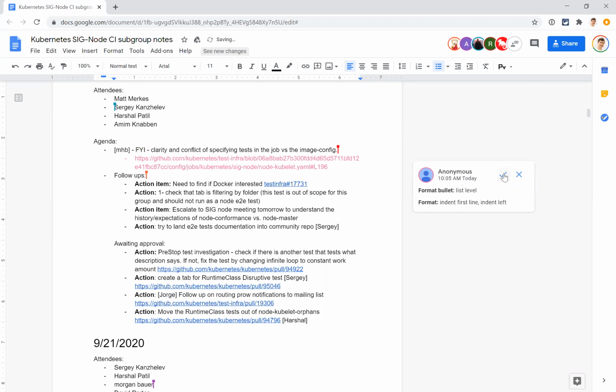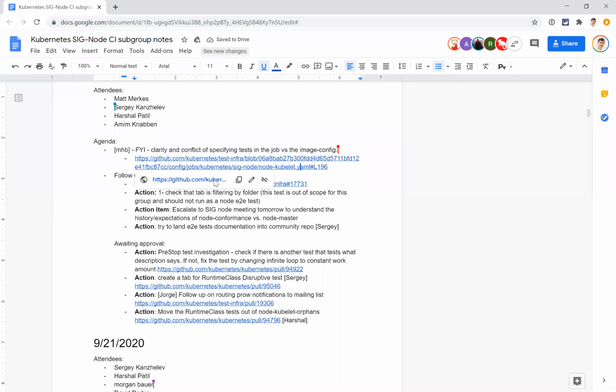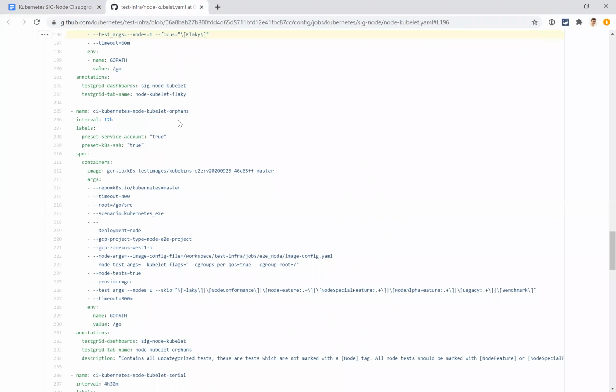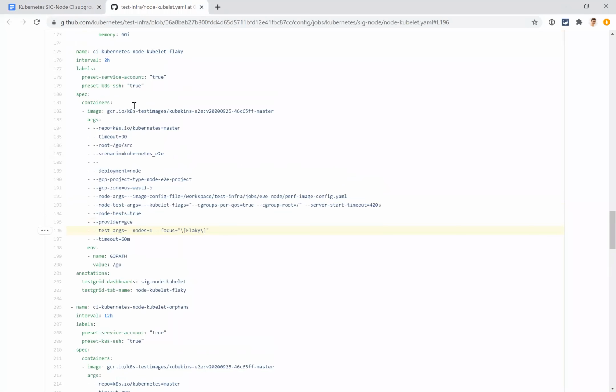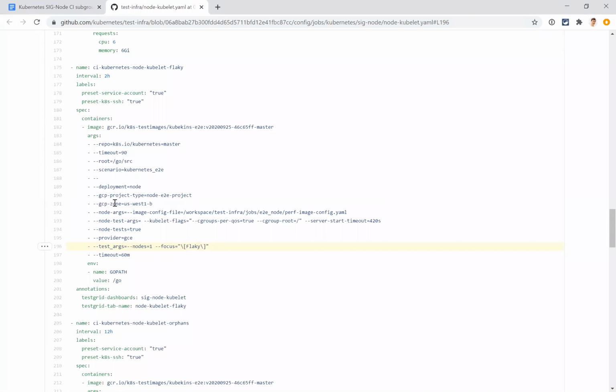When we have the tests configured, it's important to understand what is going to get run, and to look at the image config versus